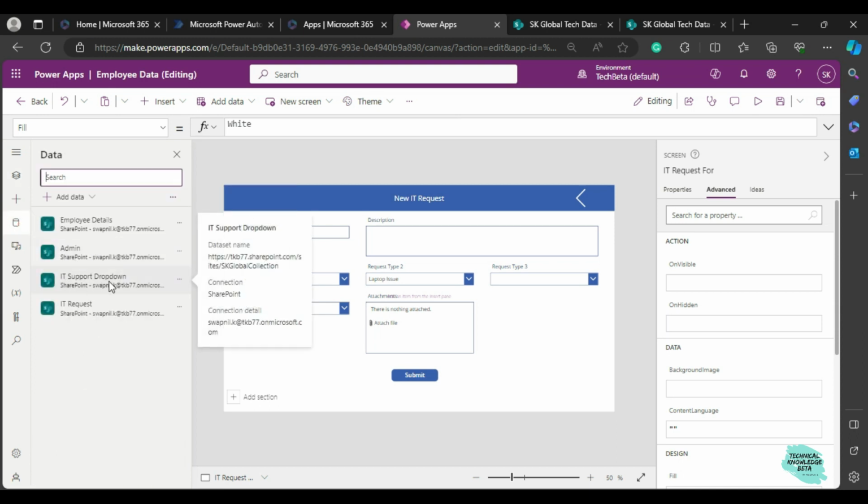But the IT support dropdown is where all the dropdowns are and all the cascading happens, and IT request is where I have created the database for storing the new IT requests. So I will show you how I have achieved this. But before that,